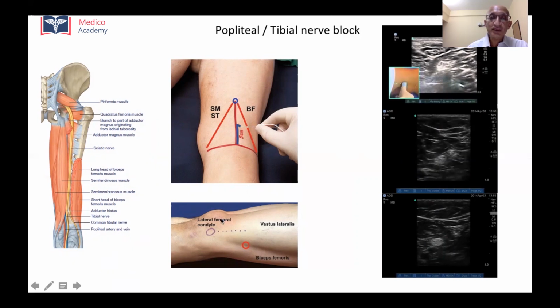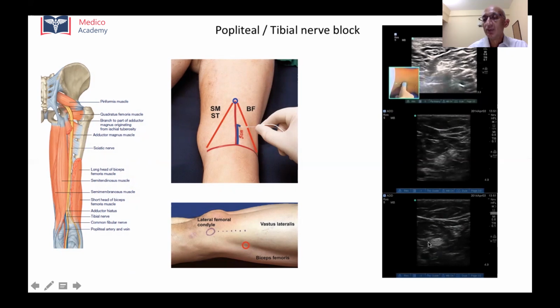The other approach that is described is from the lateral side of the thigh in the groove between the biceps femoris muscle and the vastus lateralis muscle. So we are targeting the popliteal nerve right here. With the help of ultrasound, it is easy to see that we can target it here at upper back of the thigh, before it divides into the two, tibial and common peroneal,